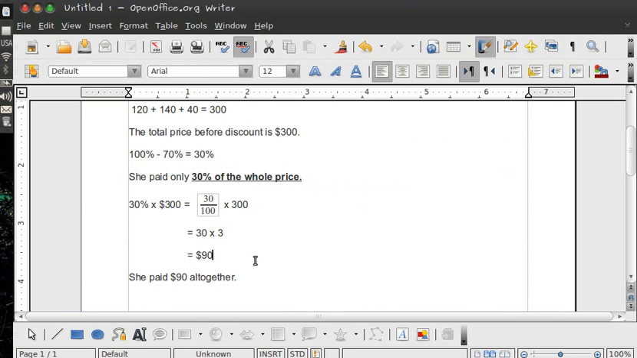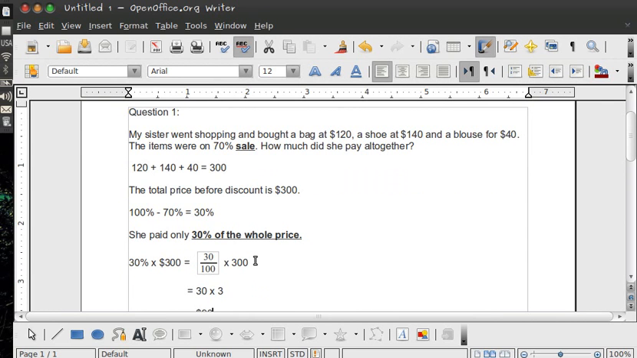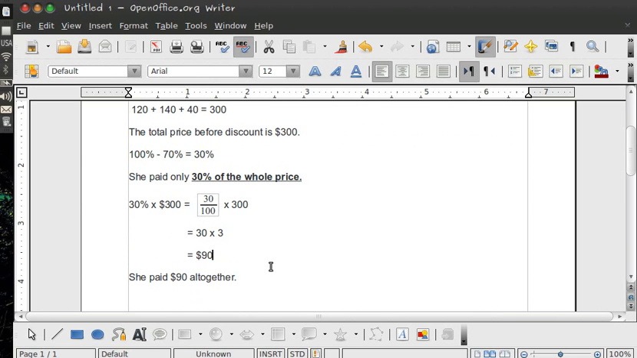So that's the first example, where you find the price of an item or of a few items after the sale. One more time, finding the price of one or more items after the sale. On the next segment we will